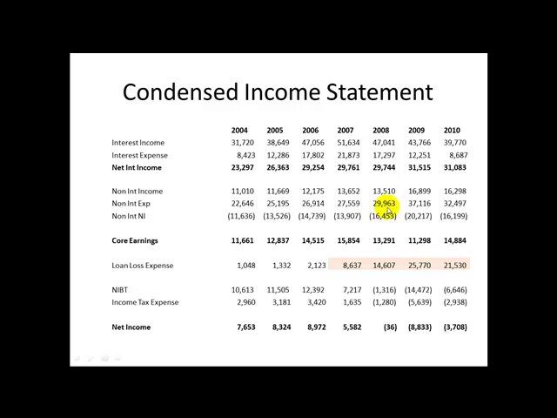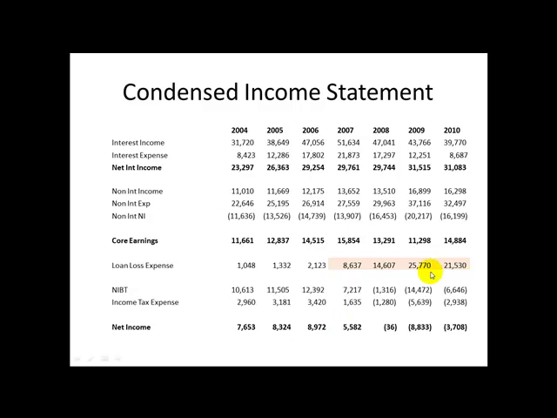And then you see the non-interest expense. Over the last couple of years, there was an anomaly. In 2009, the non-interest expense, this $37 million, included about $3.5 million of goodwill write-off. Absent that, the net non-interest income would have been pretty much in line with 2008 and 2010, so that the core earnings look pretty consistently between $13 and $15 million, maybe. $13 to $15 million. And from that,